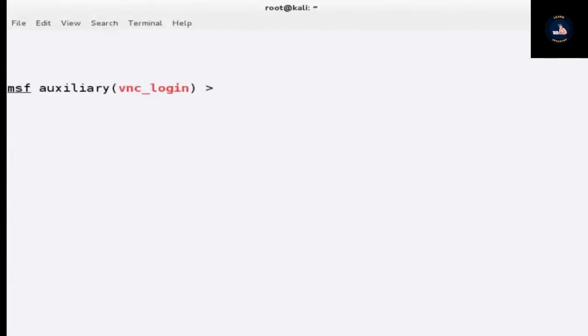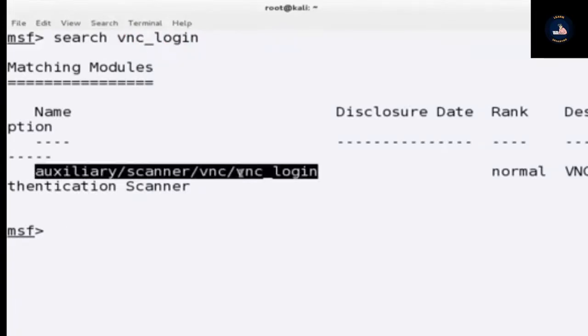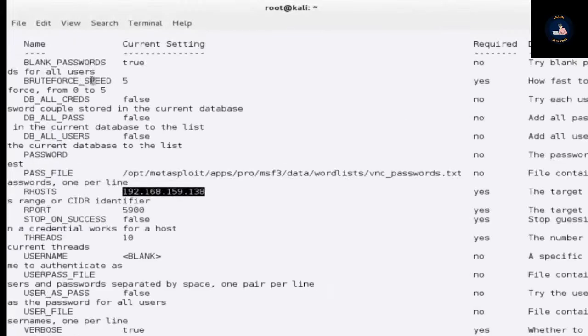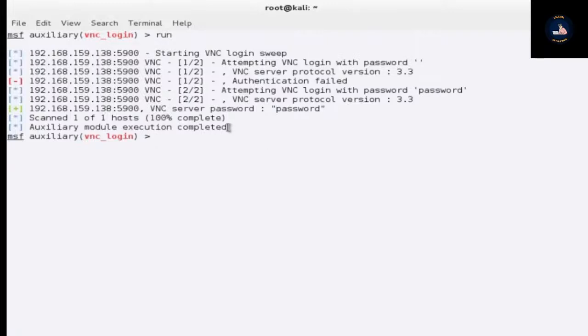And now let us verify the options which need to be filled. So you just need to type show options. So this is the auxiliary module, and the brute force speed. After filling every option, you need to type run. So this particular auxiliary module has successfully scanned and it has run against this particular target victim machine, and it